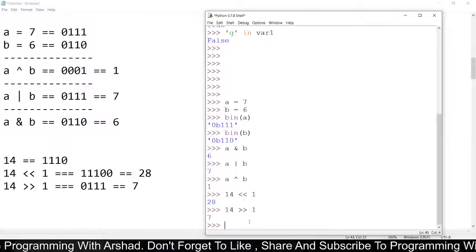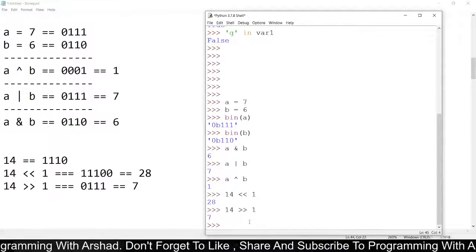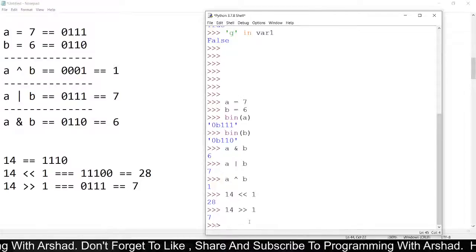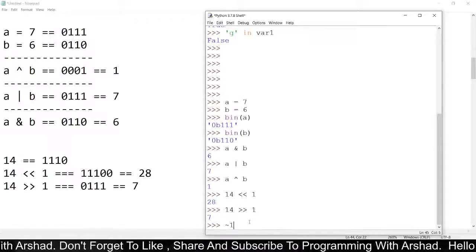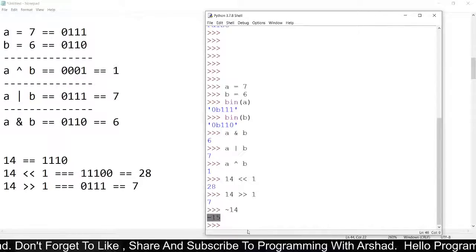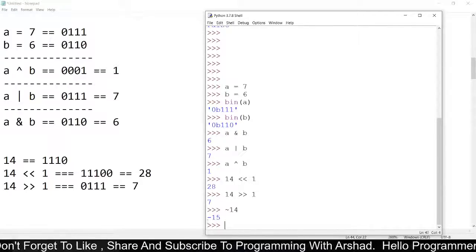Now the last bitwise operator is the NOT operator. If I say not 14, then you can see it returns me minus 15. But why? We will solve this.